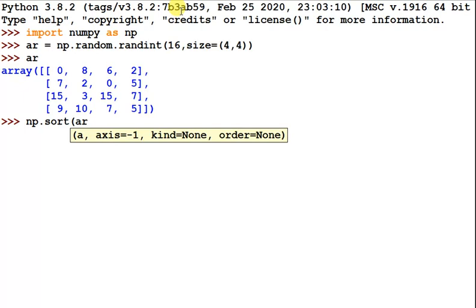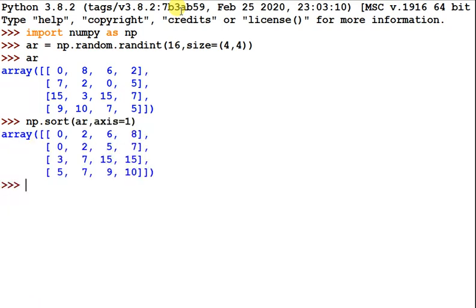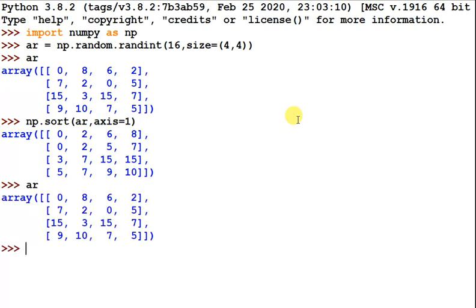You can use sort and then pass the AR array, and suppose I am using axis 1. Look at here, the first row is sorted as 0 2, and the next row is sorted as 0 2 5 7, and the third row is sorted too. In this way you can sort.